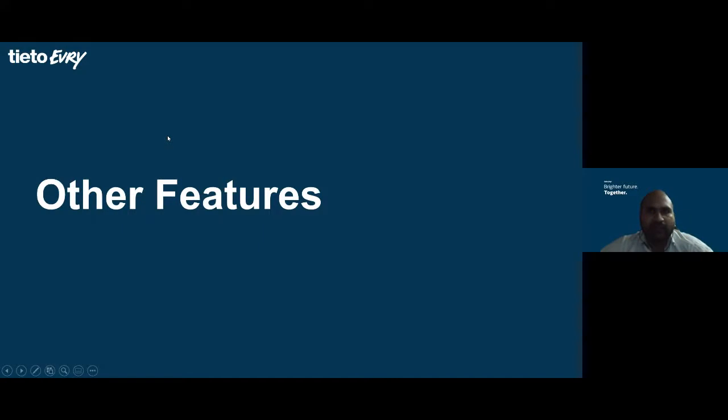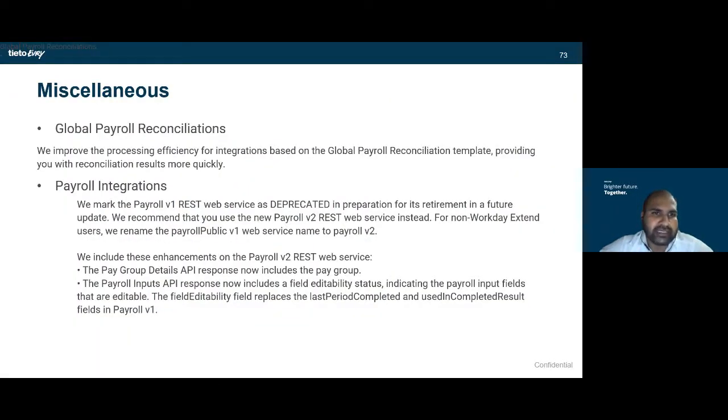So other features which will be rolled out as part of WD2021R2. It's the global payroll reconciliation. We improve the processing efficiency for integration based on the global payroll reconciliation template, providing you with the reconciliation results more quickly. So it is just a performance-based thing. It will optimize, and you can process the reconciliation result more quickly than it was doing in the